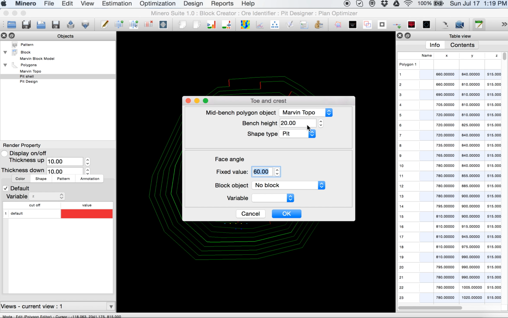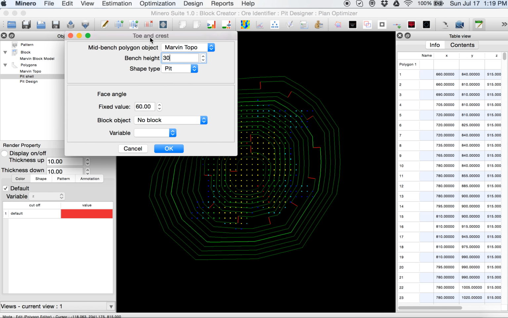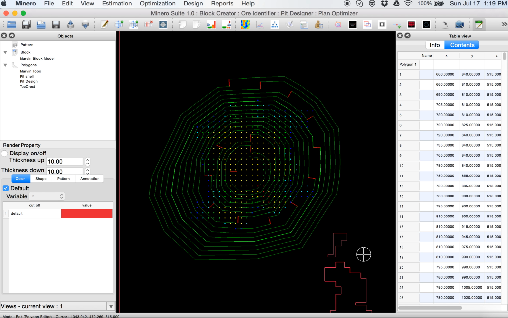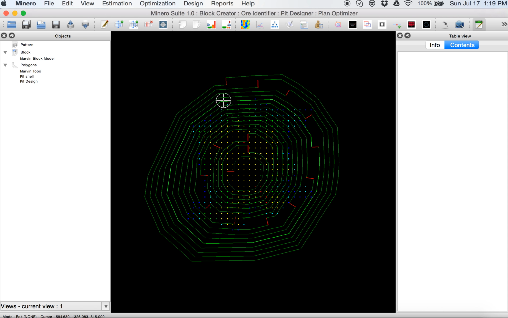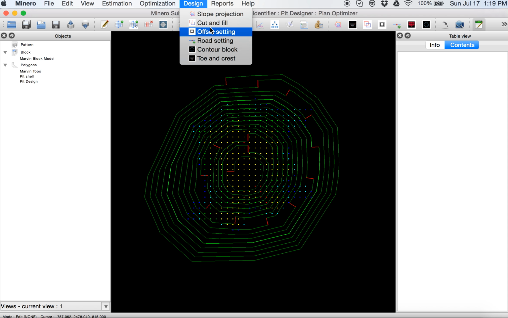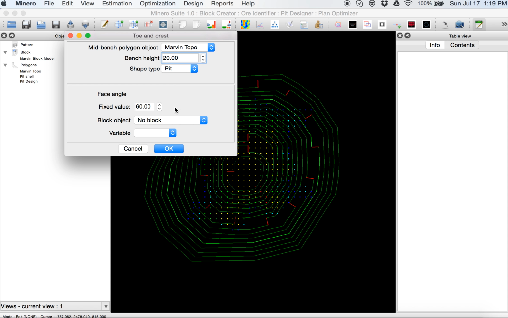In this case, it's a pit. We have a 30-foot bench. Don't forget to do the toe crest of the right object. Let's do it in this case for the pit design.